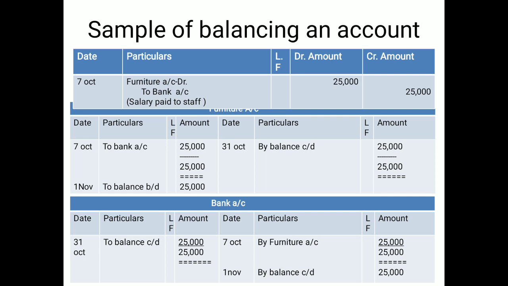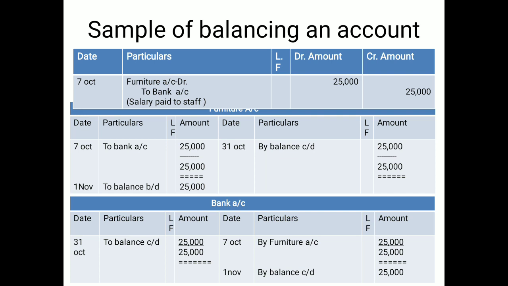So 25,000 is the closing balance, and the same balance is forwarded. In the same bank, you may have 25,000 on the credit side, but on the debit side you don't have the total. It means the balance is short by the 25,000. It is to be put as a balance carried down with the 25,000, and the total of both sides should be made equal. And then the balance is to be forwarded.